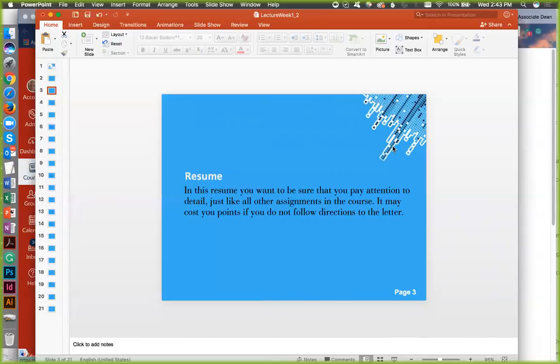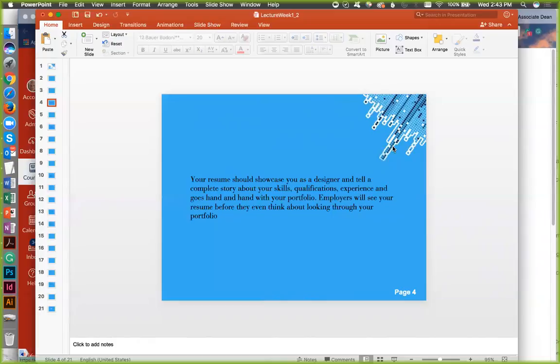More importantly, it might cost you an opportunity to gain a position in the industry. Okay? Your resume should showcase you as a designer and tell a complete story about your skills, your qualifications, experience, and it goes hand in hand with your portfolio.